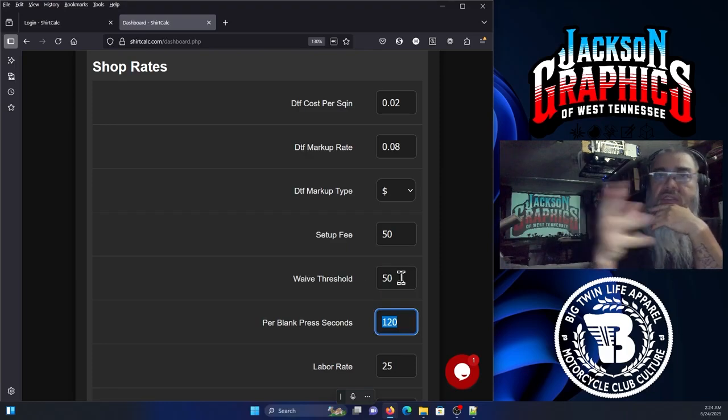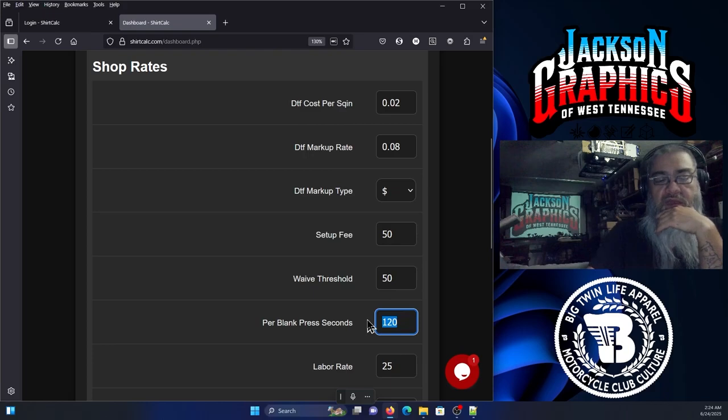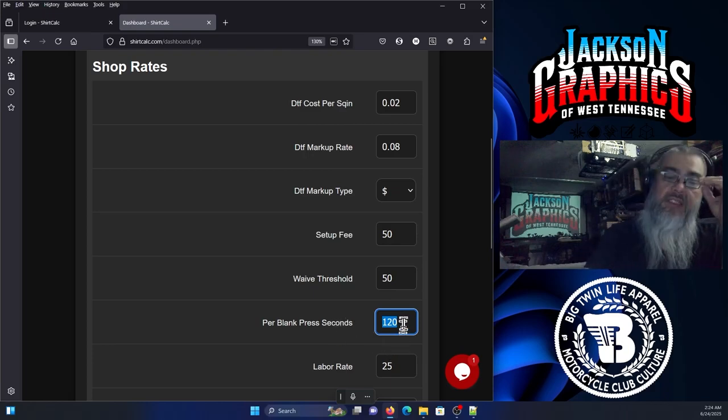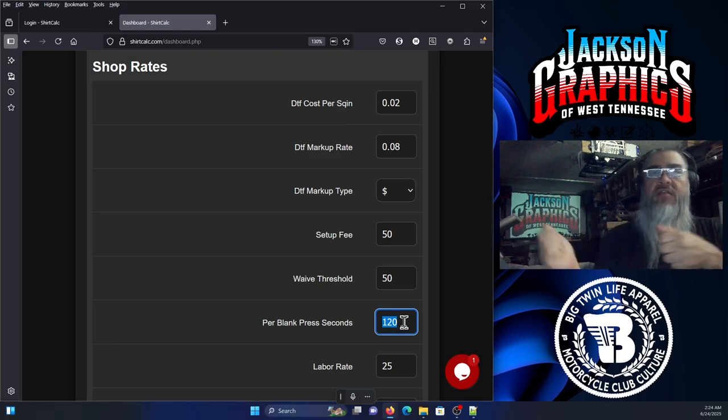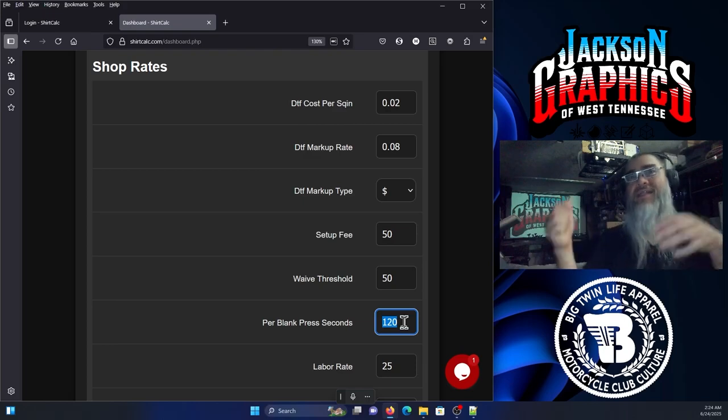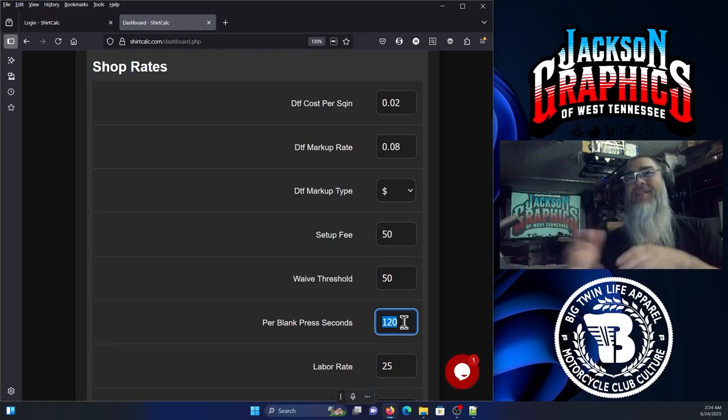And it's incorporated in the price that you give them. Then this is the per blank press seconds. This is how long it takes you from putting the shirt on, doing your initial moisture press, your initial film press, your peel, then your set press and then your texture press, whatever, and then pulling it off and folding up,